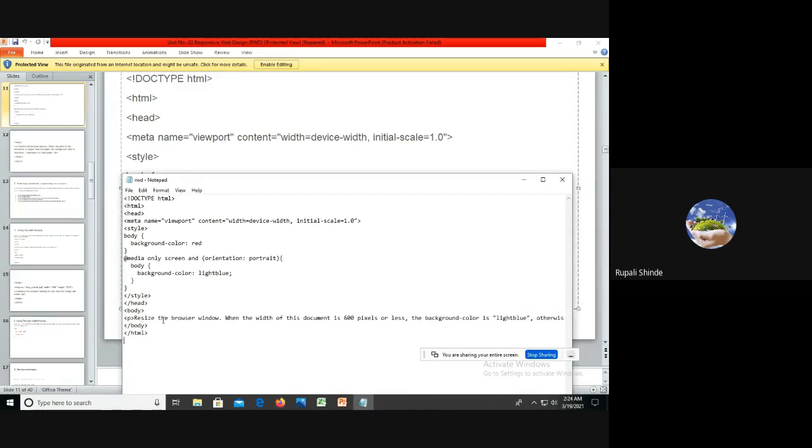Resize the browser window when the orientation of this document is... what is the true condition?